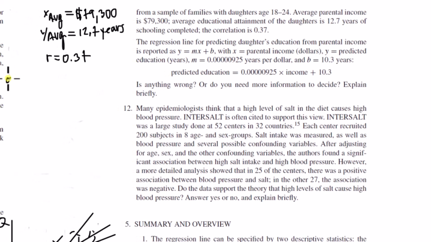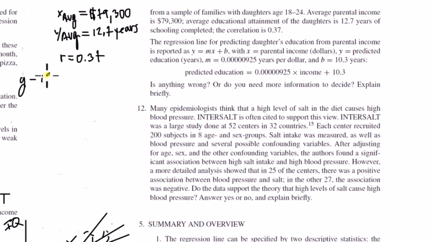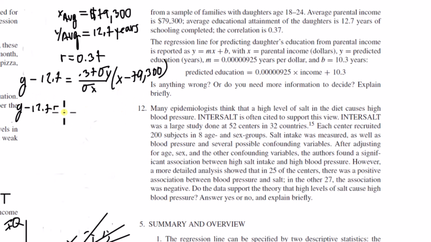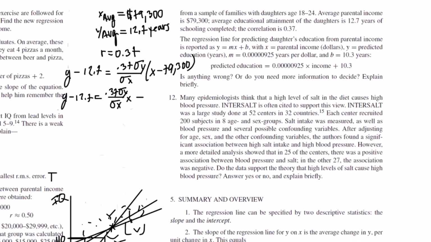Okay, so y minus y1 is equal to 0.37 sigma y over sigma x times x minus 79,300. Okay, so y minus 12.7 is equal to 0.37 sigma y over sigma x times x minus, and then